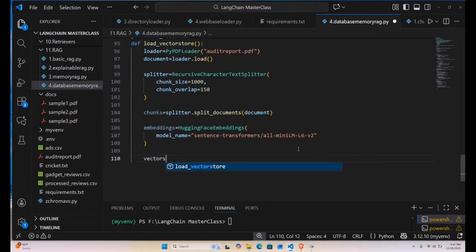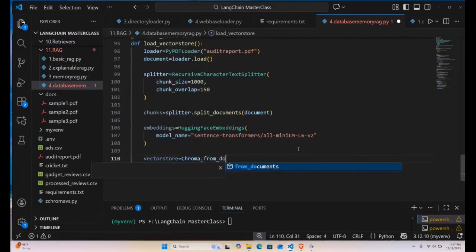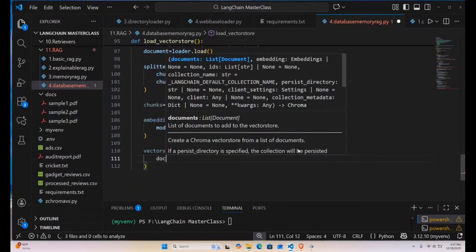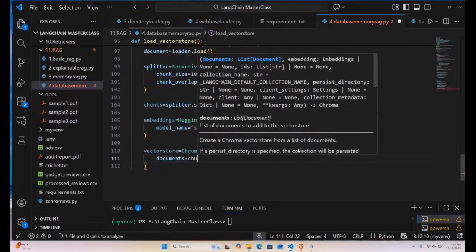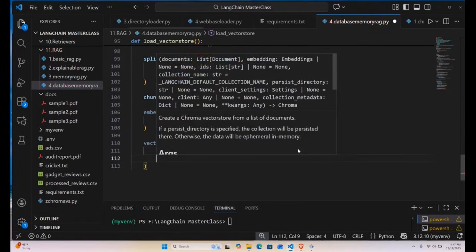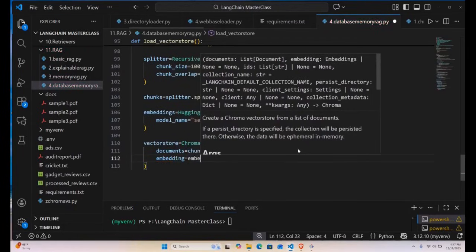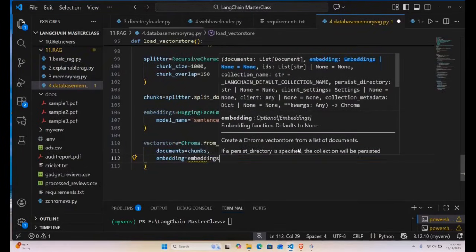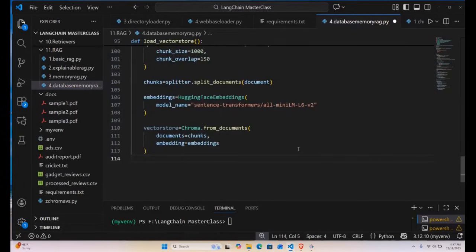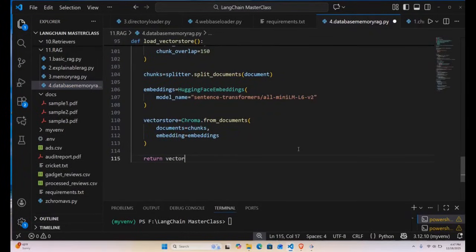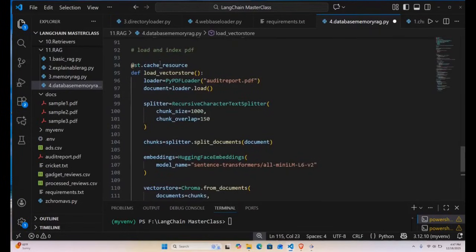Now I'm going to do vector_store equals Chroma.from_documents. Here my documents is going to be my chunks, and my embedding is going to be the embedding object that I've created earlier using HuggingFaceEmbeddings. And finally, I'm going to return a vector store. So all of this part will run only once, and then that same object will be used throughout that particular session